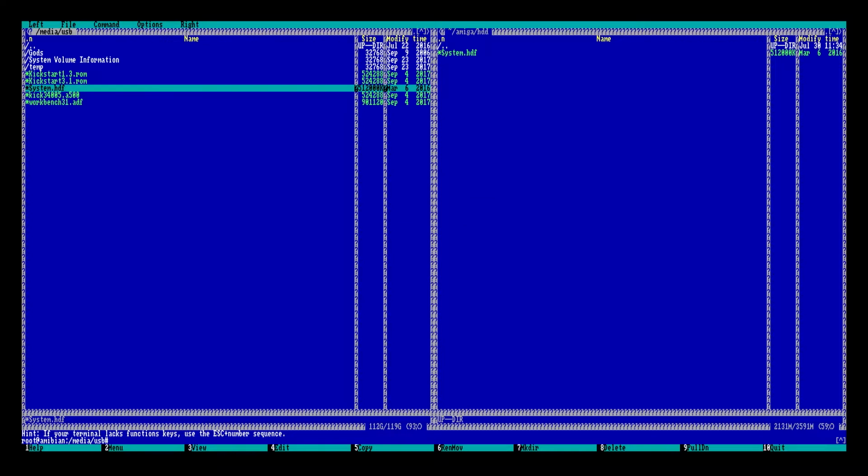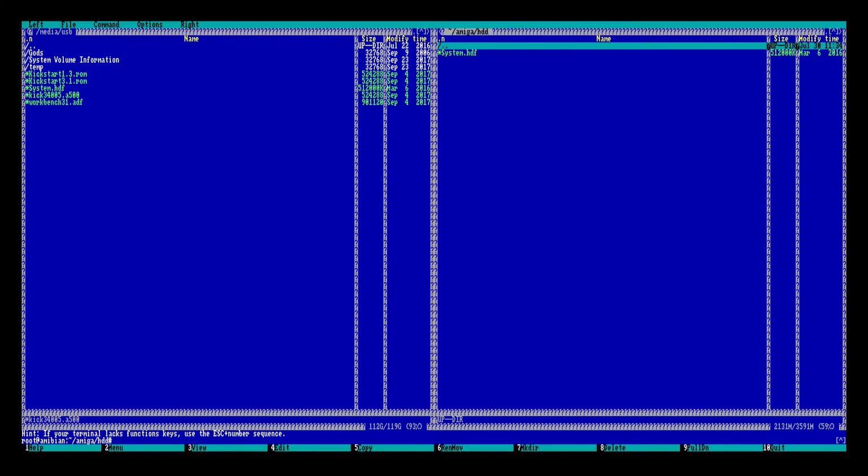Okay, and then we've got this Workbench, or I'm sorry, Kickstart 34005.A500. This is a Kickstart file for older Amiga 500 games, and we're essentially going to build an Amiga 1200 virtually. This file is actually required in order to play old Amiga 500 games via the Workbench user interface. If you don't have this properly installed, the games will error out and they won't launch.